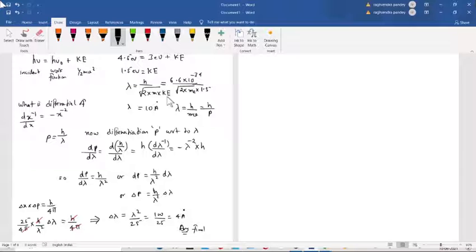So dp is h upon lambda square d lambda. We can write this in the form of error: dp is your delta p, d lambda is your delta lambda. Okay, so delta x is 25 upon 4 pi, into delta p. So in place of delta p, I am writing h upon lambda square into delta lambda. So everything cancels out. Do the math, and we get 4 angstrom. If you have any doubt, then you ask.